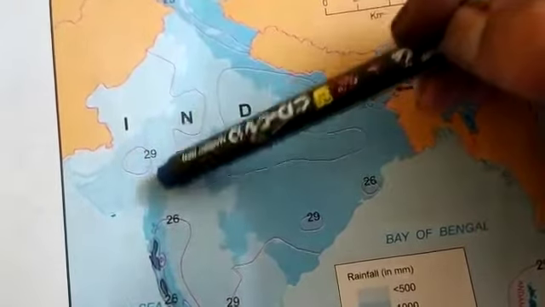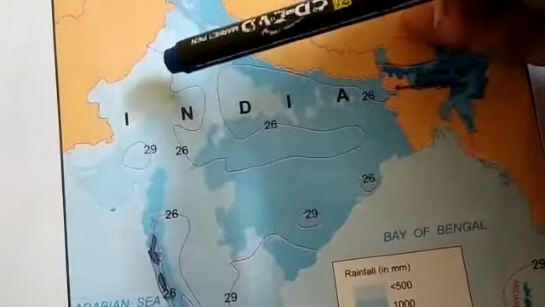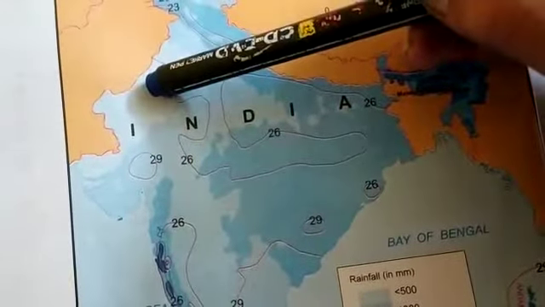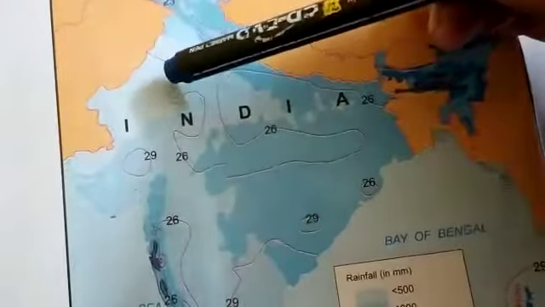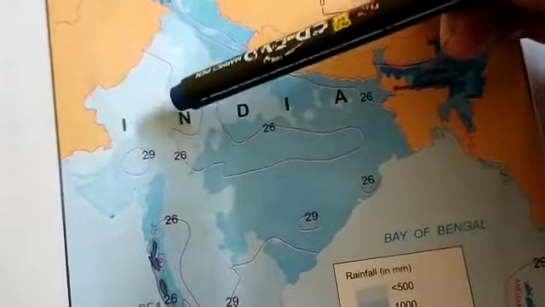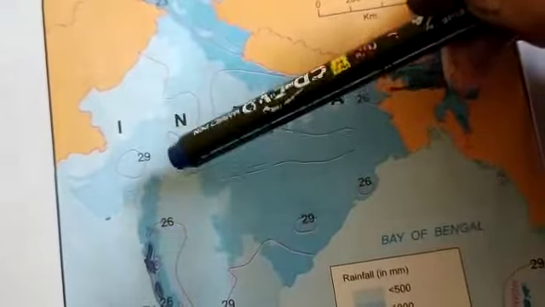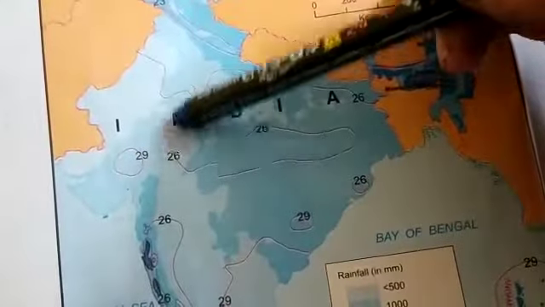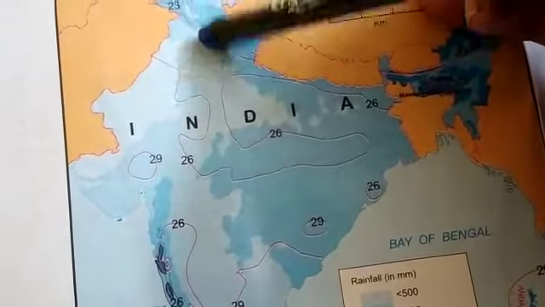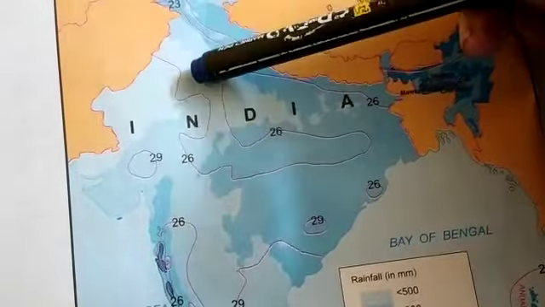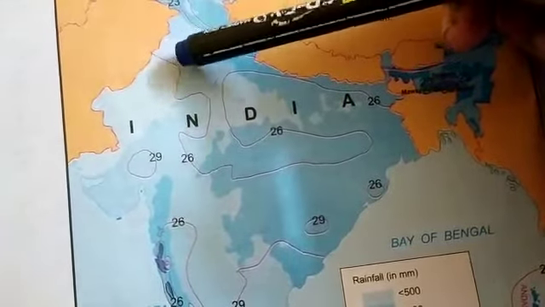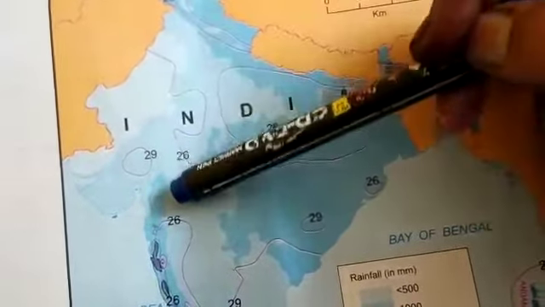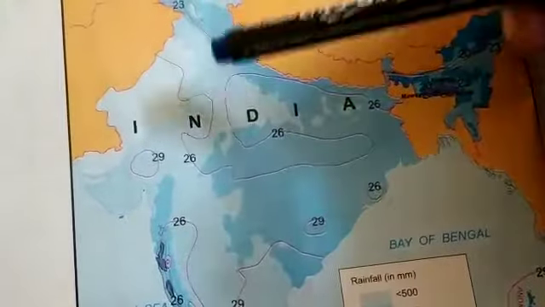The winds are blowing like this. But they cannot go to this part of the country, and they do not even obstruct the winds. The winds pass away this way. They travel in a vertical manner. They try to go towards the north. But are there any obstructions? There is no vegetation, means there are no trees. There are no mountains which can obstruct these winds. So they travel directly towards the northern part of the country.